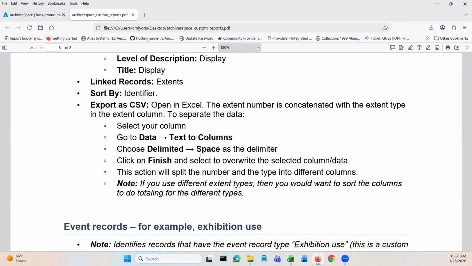Once you separate it out, you can have Excel run some totals for you on how much size, or whatever the correct grammar is there, the extent of your collections. It does get messy if you have different extent types. You might want to pull out everything that's described by cubic feet versus digital extents, et cetera, or even physical item extents. But this could potentially be kind of cool and just get an idea of the physical size of